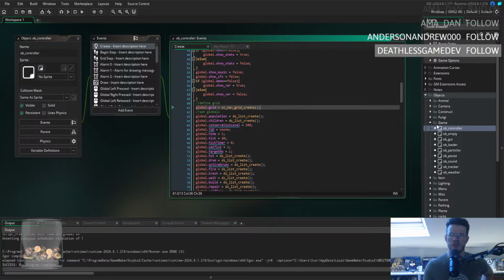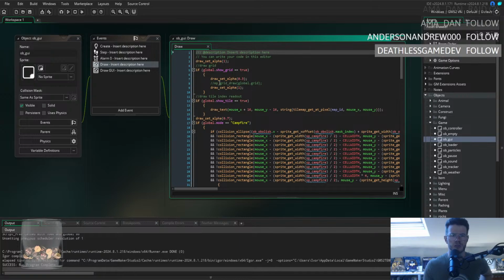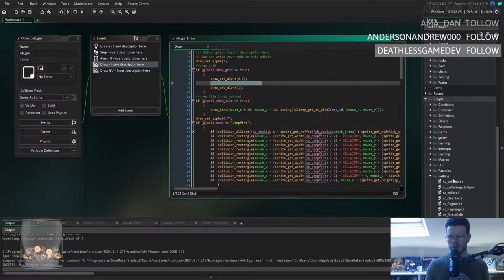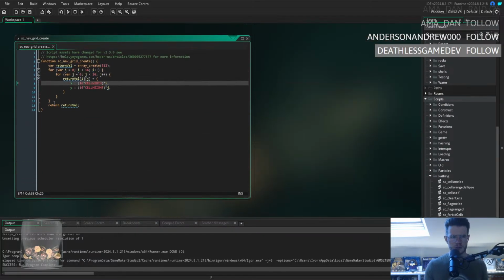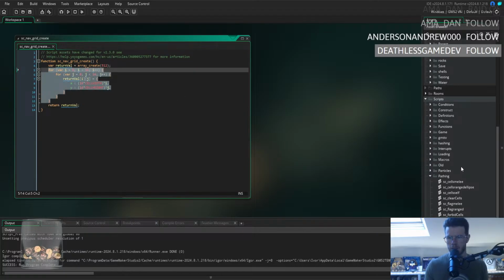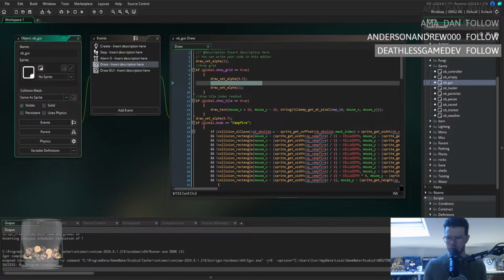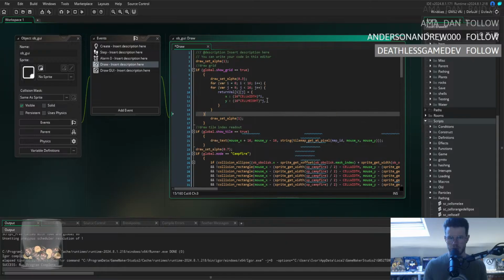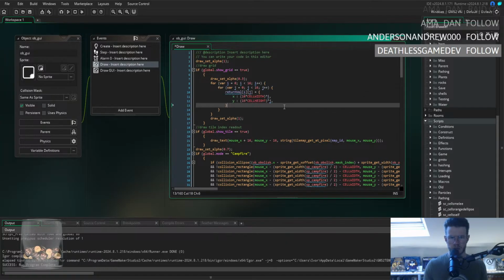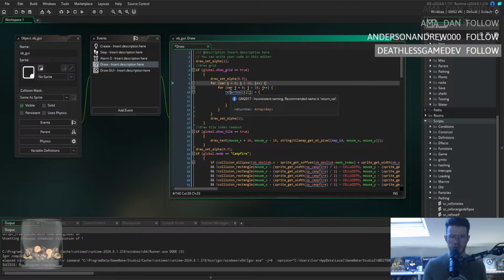Okay. Let's go into GUI, draw. This is where we would draw the grid previously, but now I'm going to have to do a bunch of crazy stuff with some more for loops. Let me copy the for loops from here. Put these in here, and then, okay, and then,